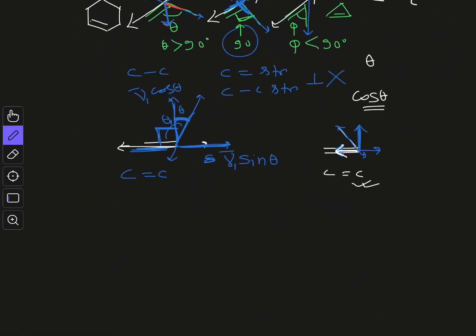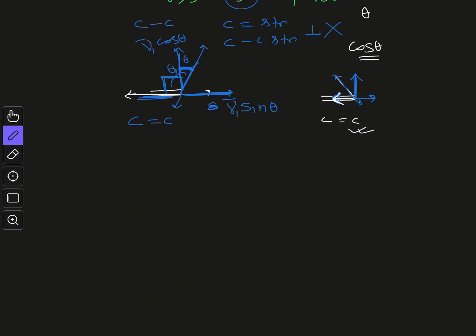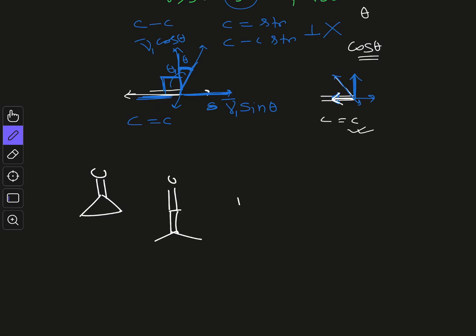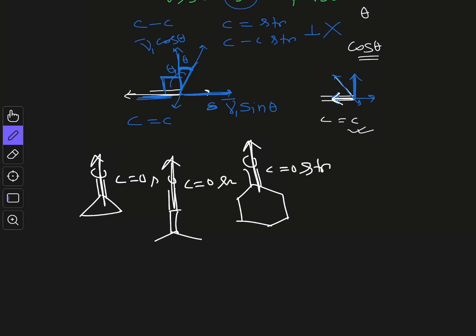Now the similar explanation can also be used in the previous case, that is for the exocyclic double bond like this one, and for this one we are taking extreme cases, this ketene, and a large member ring like this. So if you consider this, you can see there is a component of the C=O double bond stretching here. Now it will be contributed by this C-C single bond stretching also.